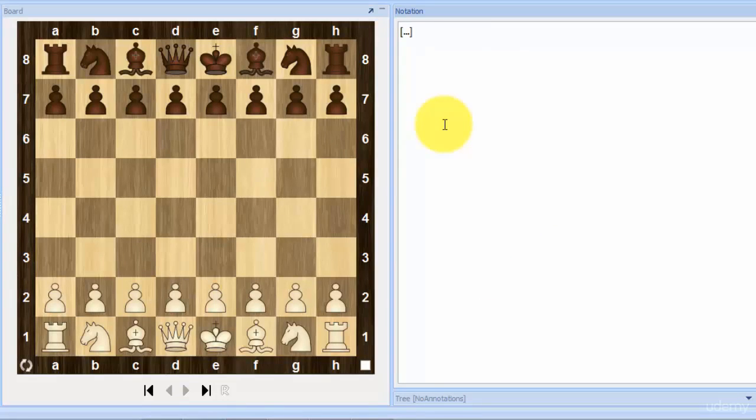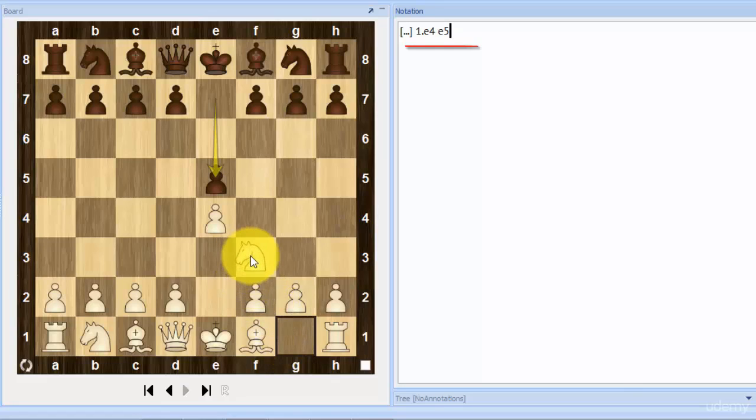We will use the famous scholar's mate. For example, the white king begins the game on E1. The black rooks begin the game on A8 and H8. If I begin the game by pushing the pawn in front of the king 2 squares, we can describe this move as E4, E5. Moving the knight on G1 to F3 will be written as knight to F3. But I would play bishop to C4,